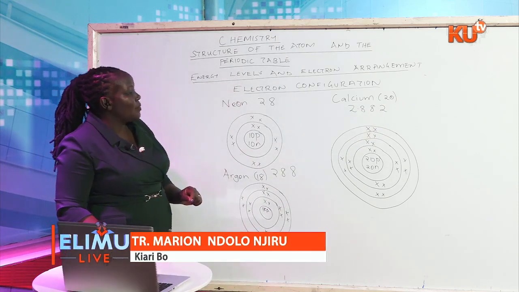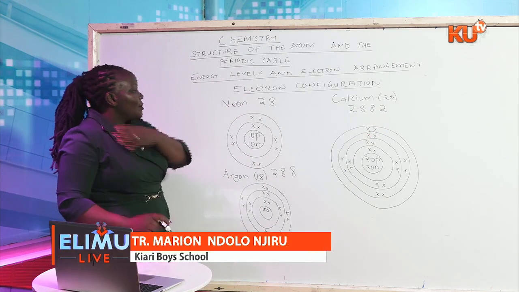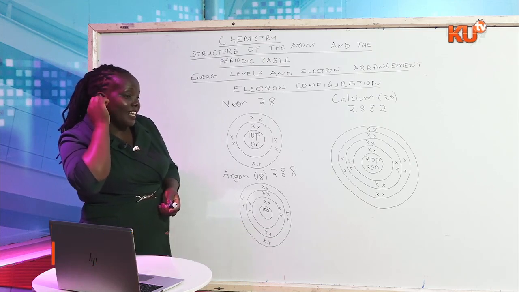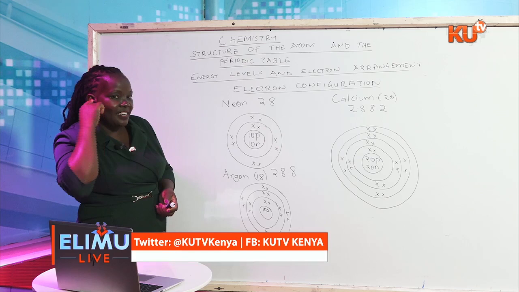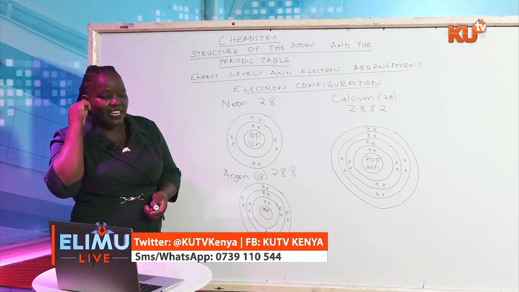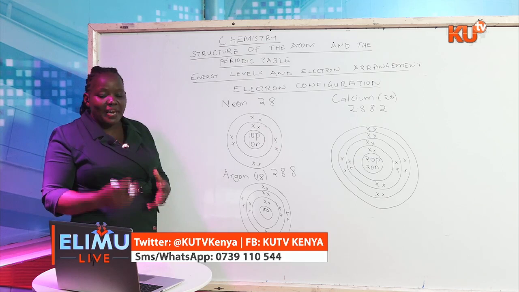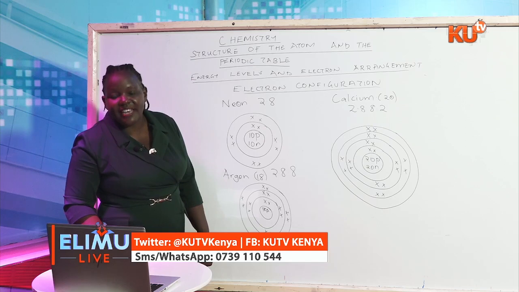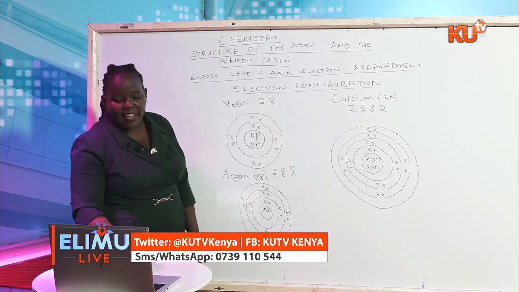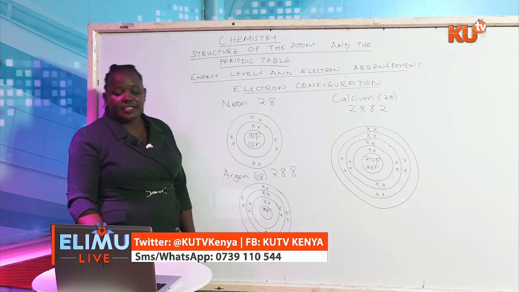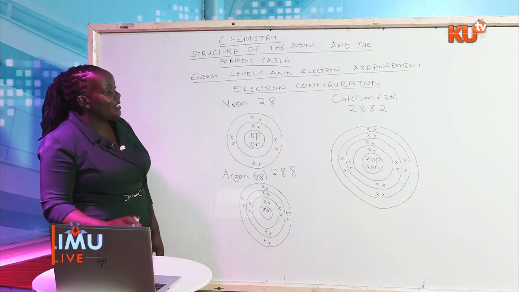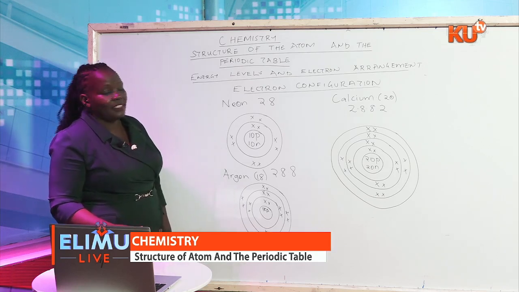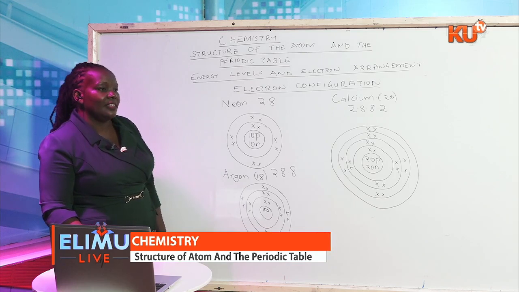We have looked at boron, which we have seen is atomic number 5. Electron configuration 2, 3. So the second energy level has only 3 electrons. It is not a must for the energy level to be completely filled up. It depends on the number of electrons in a given atom. Now, having looked at those examples, we can conclude by saying that when it comes to the energy levels,